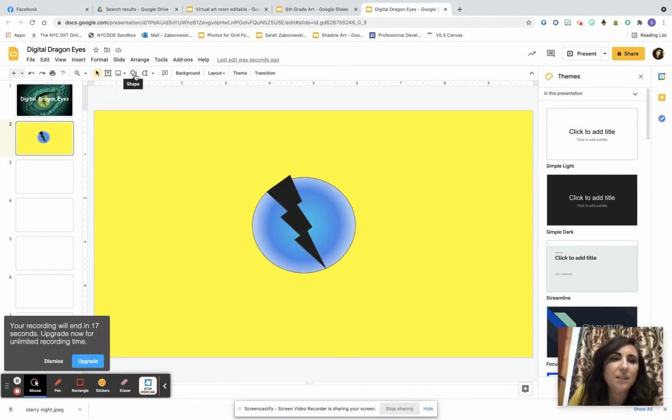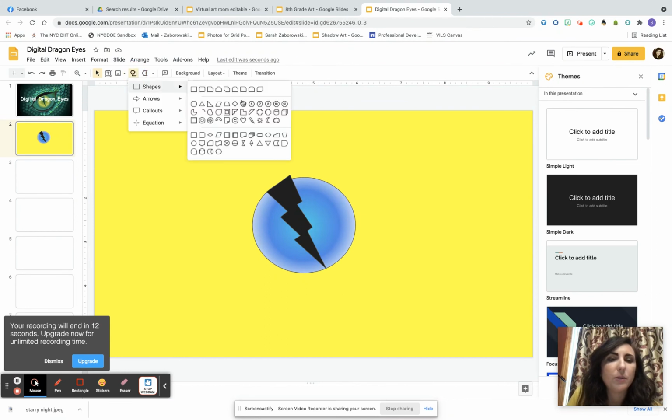I only have about 18 seconds left, but I'm going to go back in and use my shape tool now and decide on some shapes that I might want to repeat to create that texture. In the next video, you'll see how I take the shapes, I group them, I duplicate them, make this